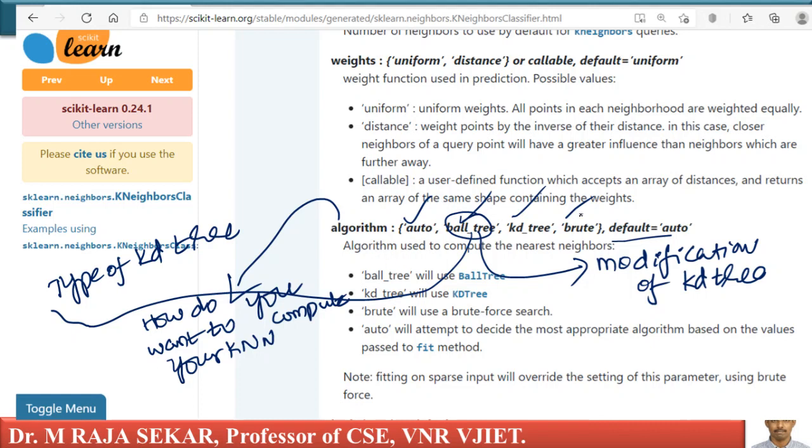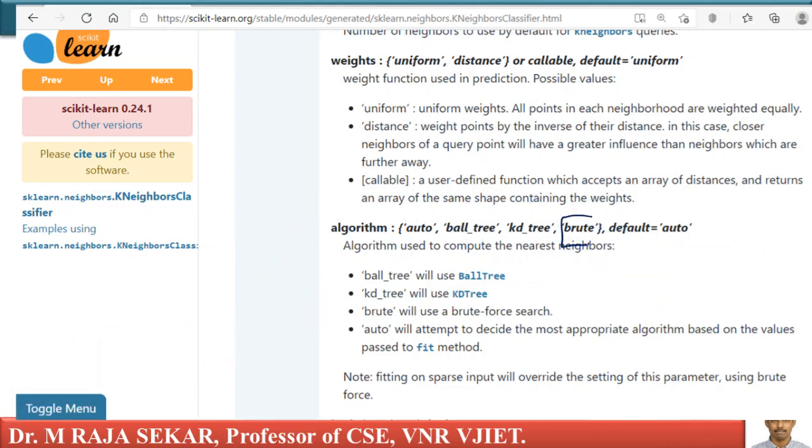Brute force is another option, which is the simplest brute force search. There is a fourth option called auto. What does auto do? Based on the data